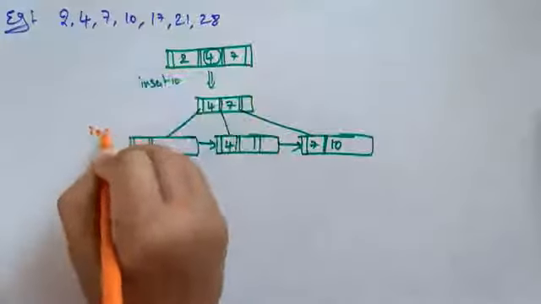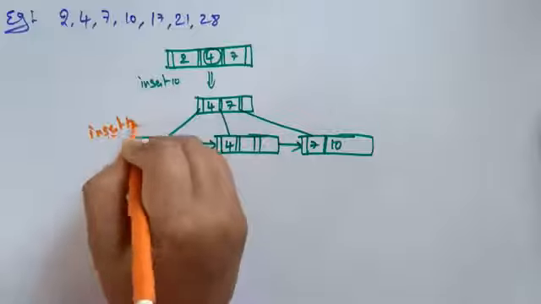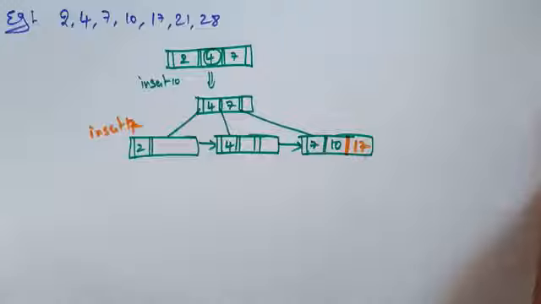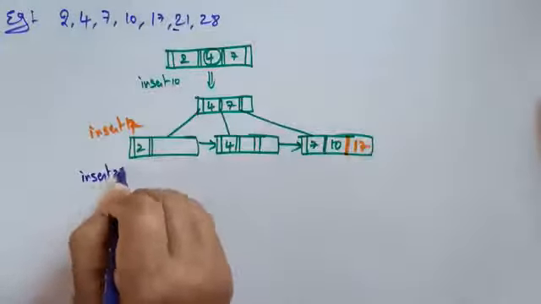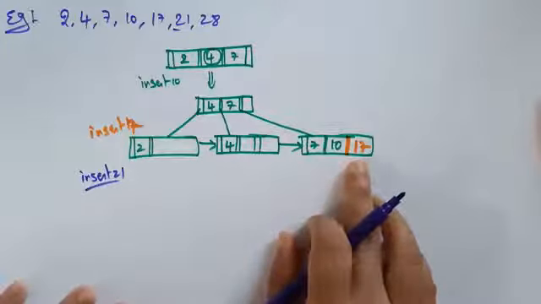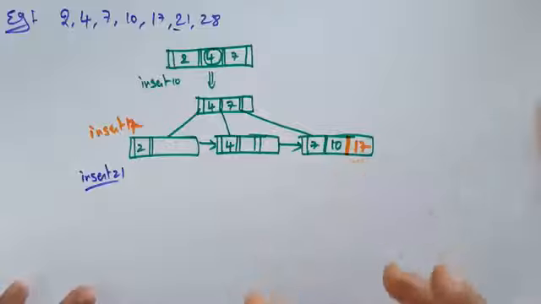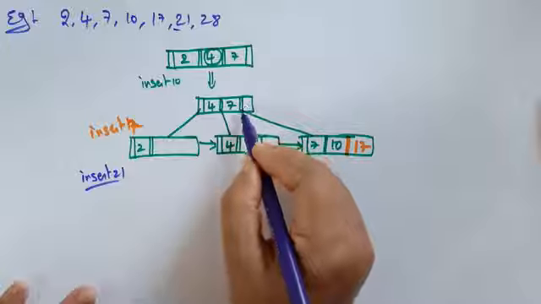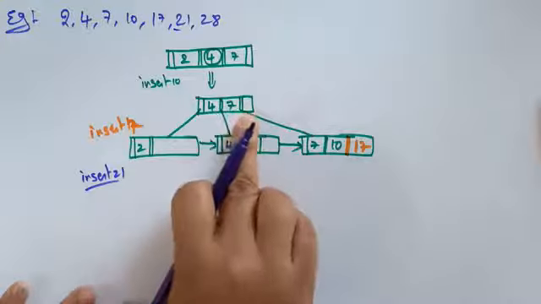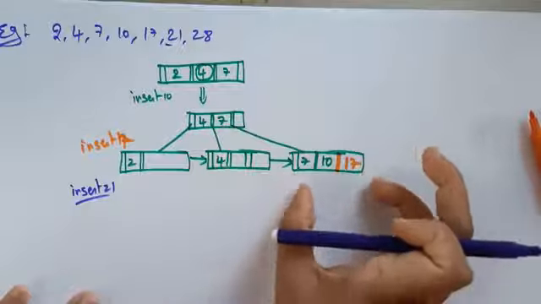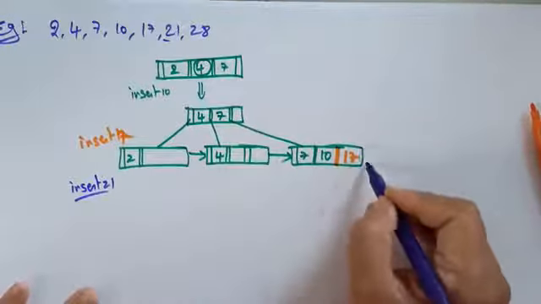So next I want to insert 17. I can insert the 17 here. Okay, now I want to insert 21. But in the leaf node there is no space here. I can't insert 21 here. You may have a doubt, ma'am, here I can place 21 because anyhow there is space in the root node. But you have to enter the data values only in the leaf node. So here for 21 there is no space.